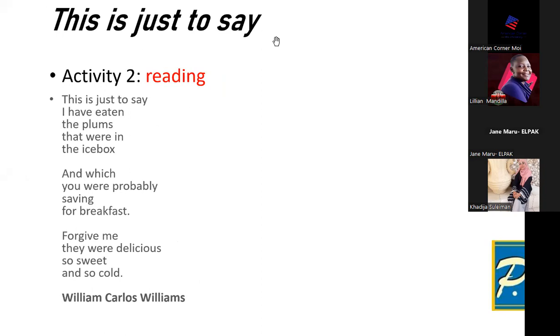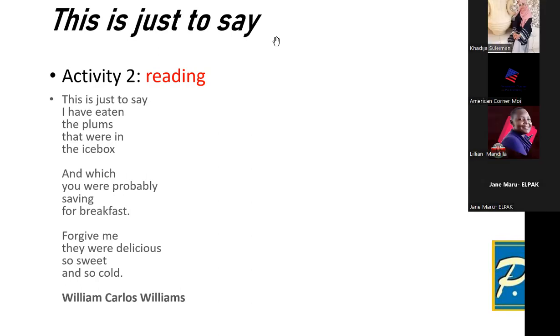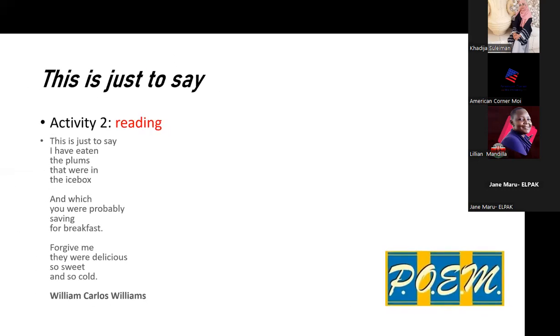So the instructions are, let me go back again. We want to make our own poems, and the poem that we are making, we are going to use the same structure that we have from the poem by William Carlos Williams. So the poem is, this is just to say, but now we want you yourself to make your own poem. And how are we going to do this? You are going to